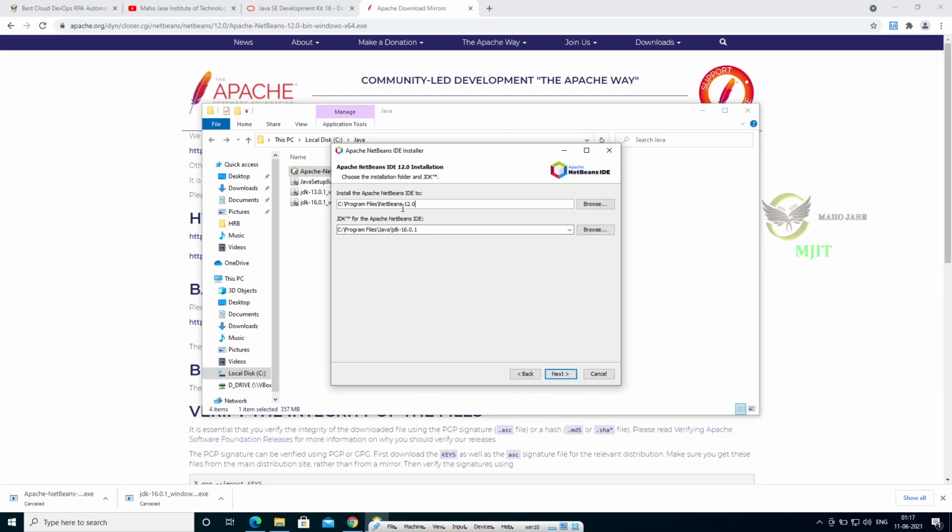There is an option for where it is going to install by default. If you want to change it, you can, and by default it automatically took the JDK path, as we installed the JDK earlier, so it has picked up the JDK path. If you have installed it in a different location than the default, you can browse and configure it. Or if you have multiple versions and want to select the right one, you can browse and select it. But currently I don't want to do that, so I am leaving it with 16.0. Next, it's asking to check for updates, let it be. Next, now it is installing.